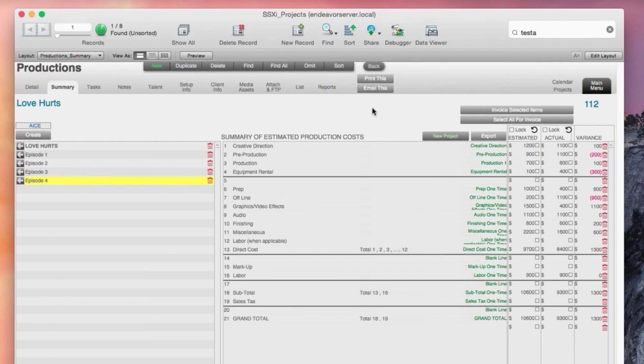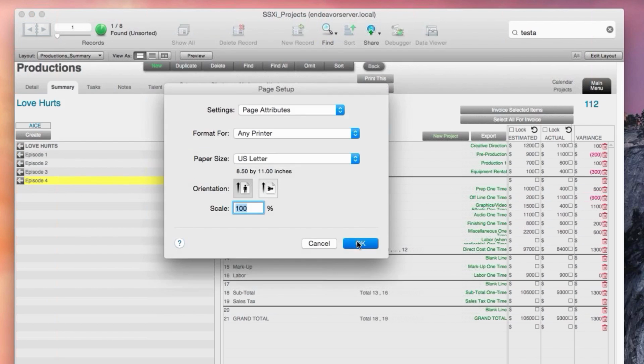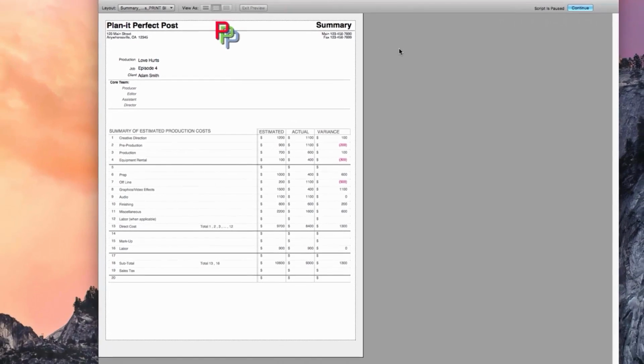Now, I have the option to print this or email this, so I'm going to click on the Print This button. And the email this would work in a similar fashion. If you're used to Studio Suite, you know that the email this is the same as the Print This, except that you have the option to launch your local mail client or have Studio Suite email it out for you. But the PDF would look the same, exactly like how you printed it out. So here's our summary, the summation of that project,